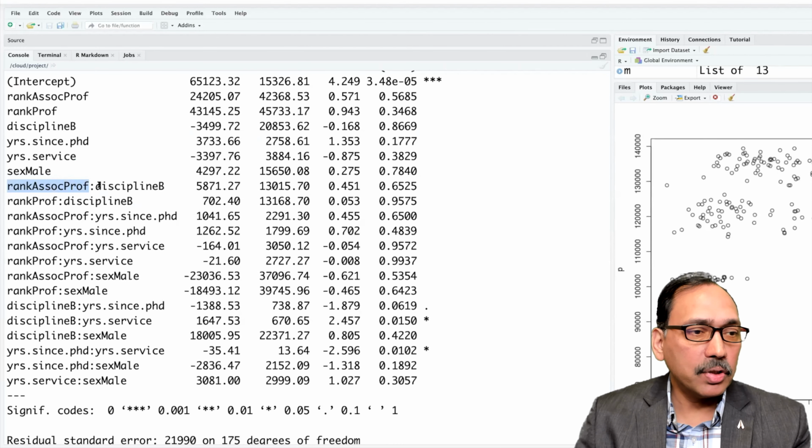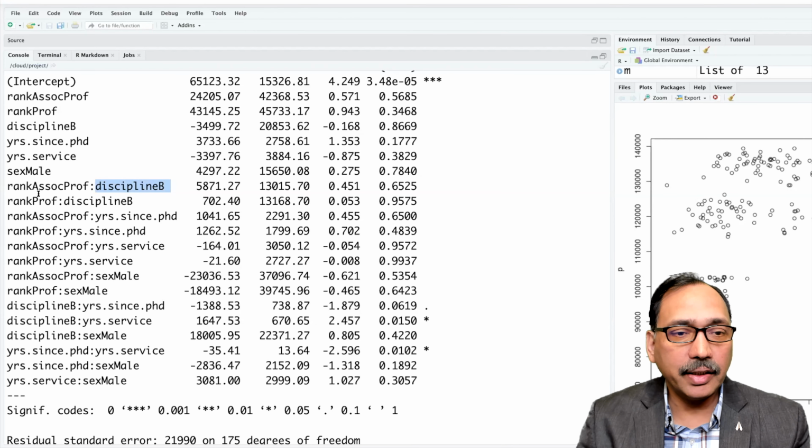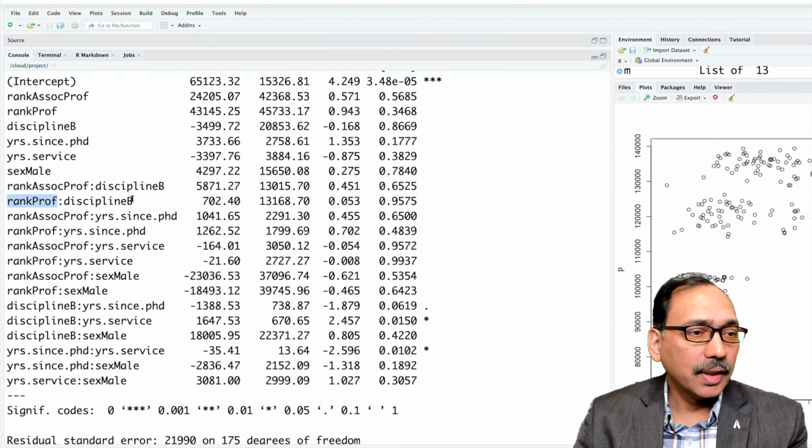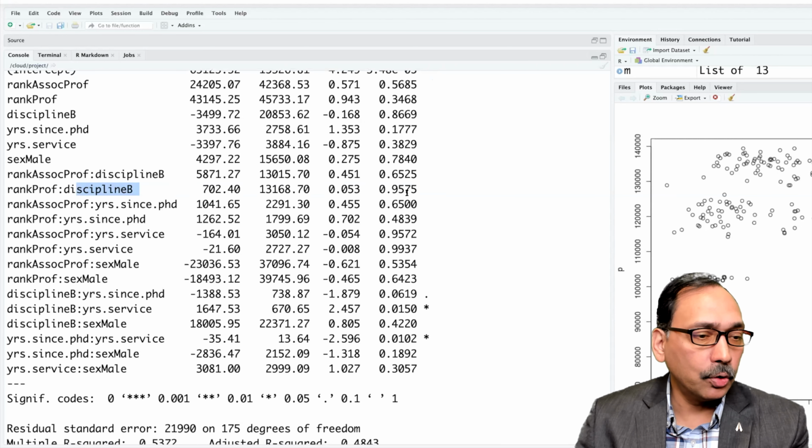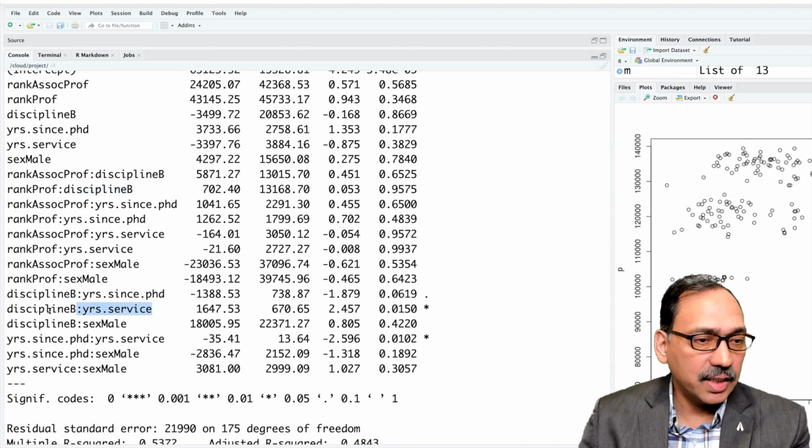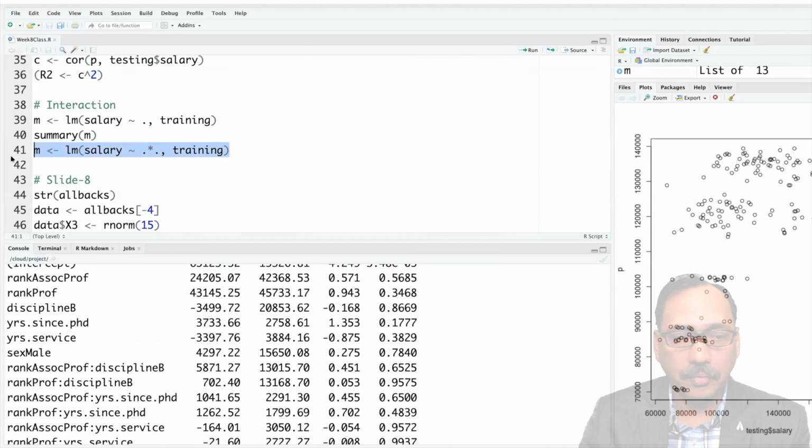So rank associate professor versus discipline B, so that joint effect is included. Rank professor versus discipline B, so all possible combinations are included. Obviously many of them are not significant, but some are. So for example, discipline B versus years in service, there is a star.